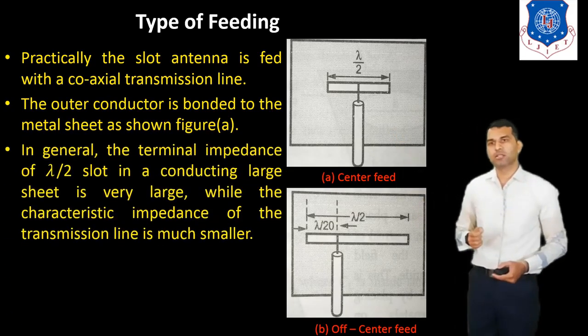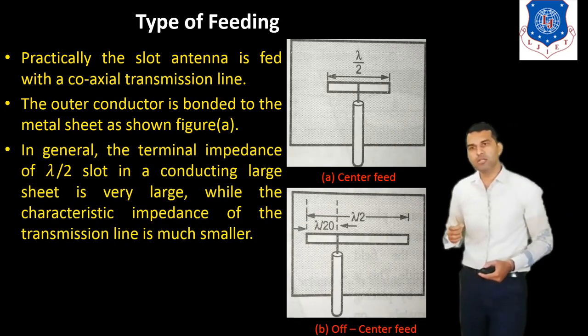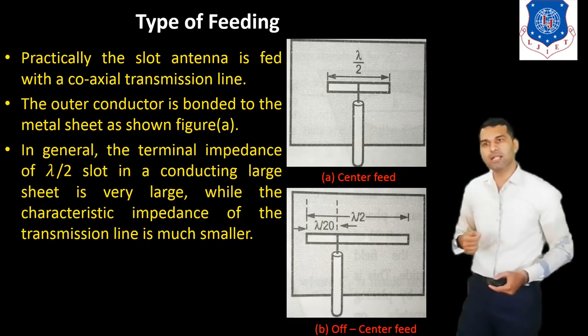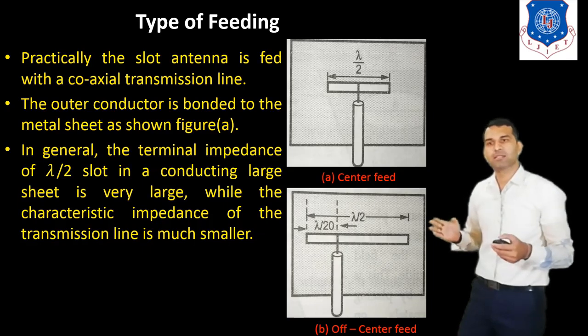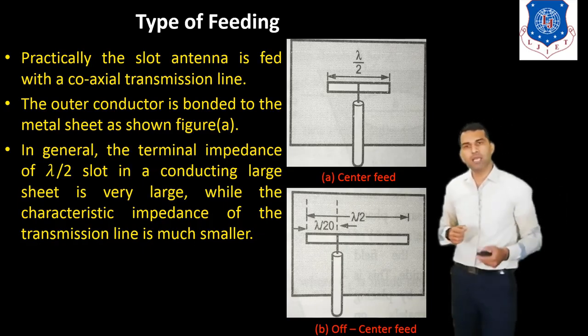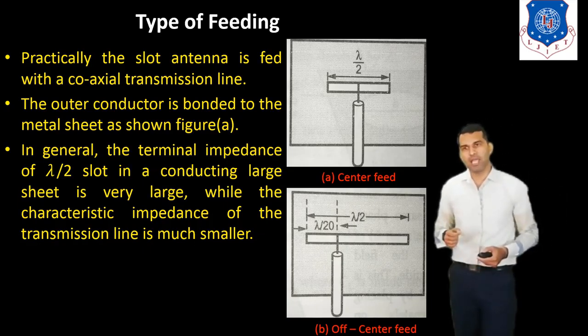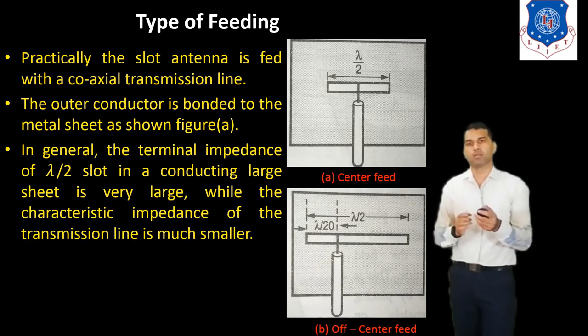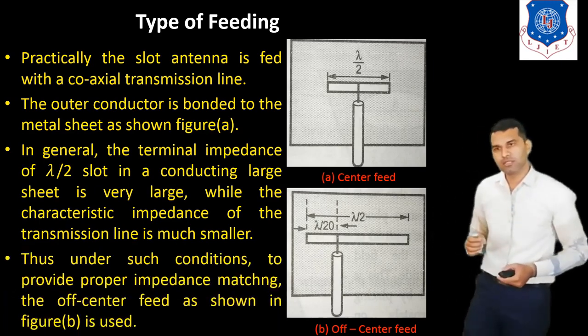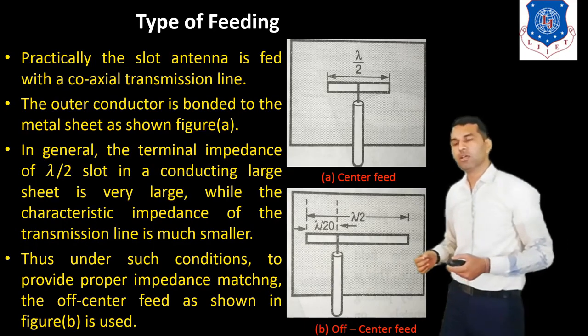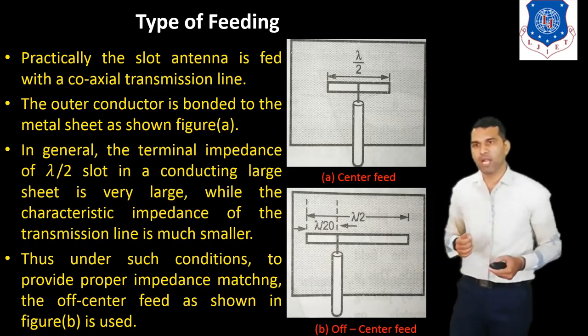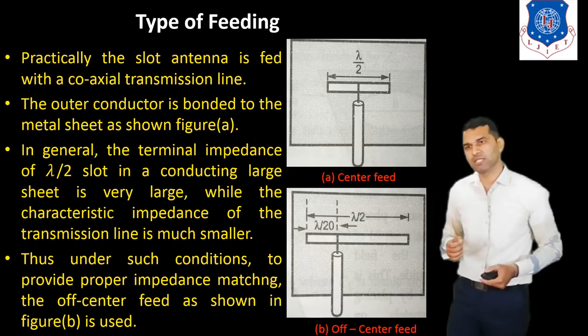In general, the terminal impedance of a lambda by 2 slot in a large conducting sheet is very large, while the characteristic impedance of the transmission line is much smaller. Thus, under such conditions, to provide proper impedance matching,